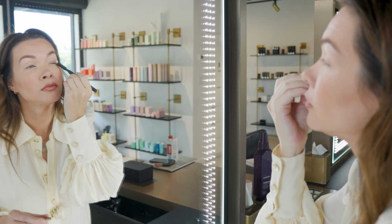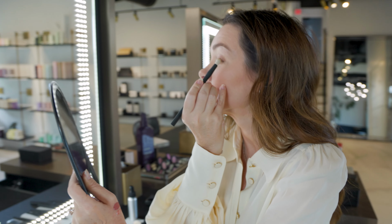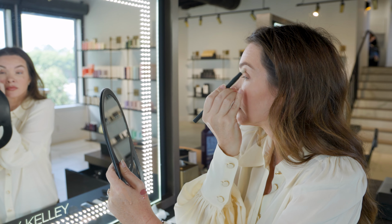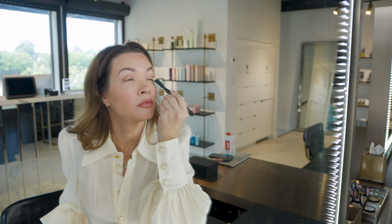For the eyes, I started with Pumpkin Pie on the lid, tap, tap, tap. Then I moved to Chimea River on the outer corner of my eye and into my crease to hide my hooding on my eyelid. Next, I used Salted Caramel with a little bit of sheen right over my iris on